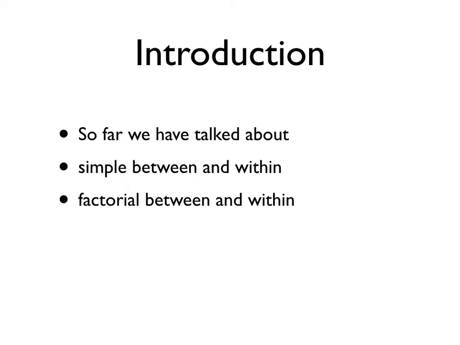And we've done factorial between, like a 2 by 2 or a 3 by 3 or whatever. That's x equals mu plus alpha plus beta plus alpha beta plus epsilon. Or we've done simple within, and that was where we ended off last time,